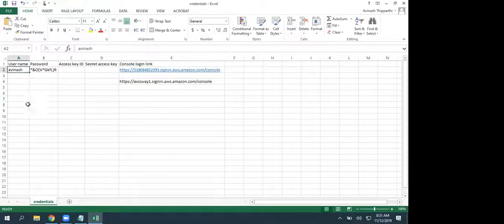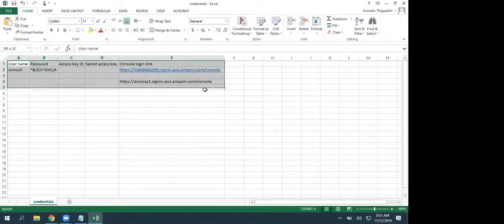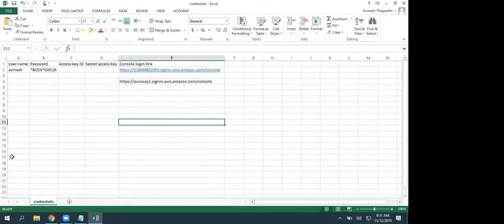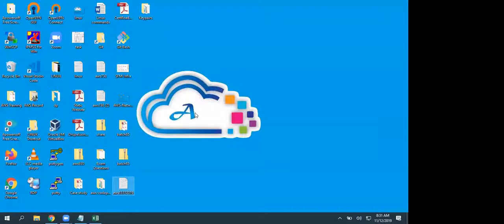So now for this Avinash user, I'm going to give this information. Now what is our root email? He doesn't know. He has his username, he has his own password, but he really doesn't know what is the email ID used to create this AWS account. So he cannot try to log in as a root user. Okay, now let's pick another browser. I'm going to use another browser. Why? Because one user for one session, one AWS session. So I'm going to open Firefox.